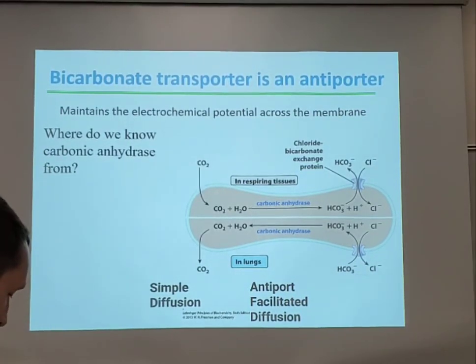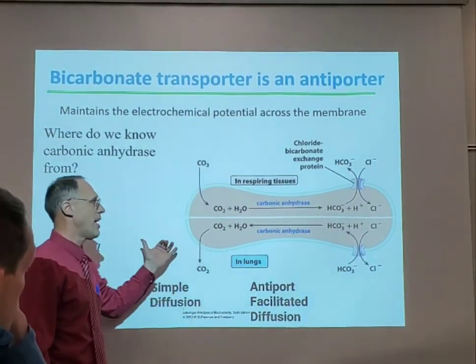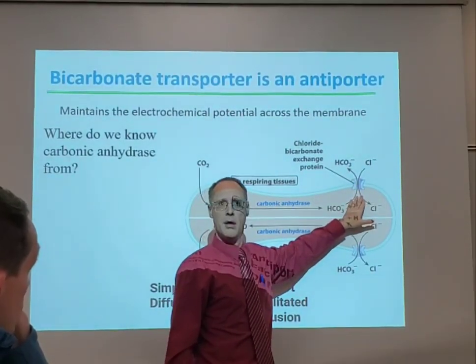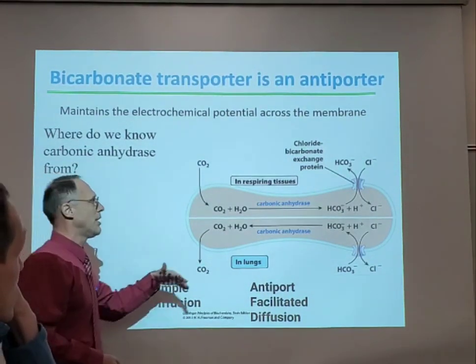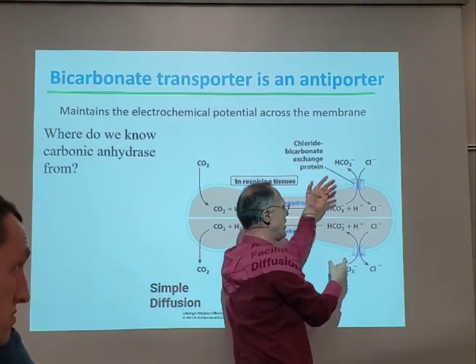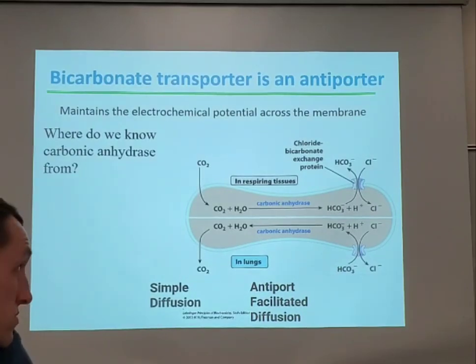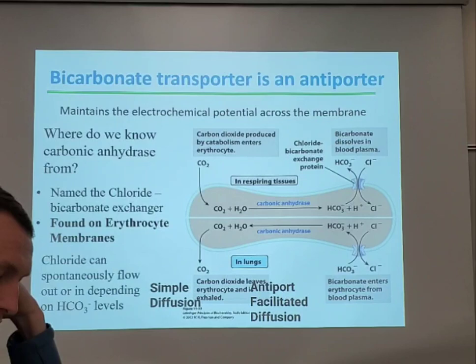Okay, so carbonic anhydrase works not only in the tissues, but it went in reverse the other way around. What was it doing here? What is this called? Symport. That's antiport. Oh, it's an antiport. The carbonic acid going out, chloride's going in. Their charge is the same. That's keeping it electrically neutral. Oh, that's pretty cool. Okay. Simple diffusion, antiport, facilitated diffusion. Yep. Awesome.